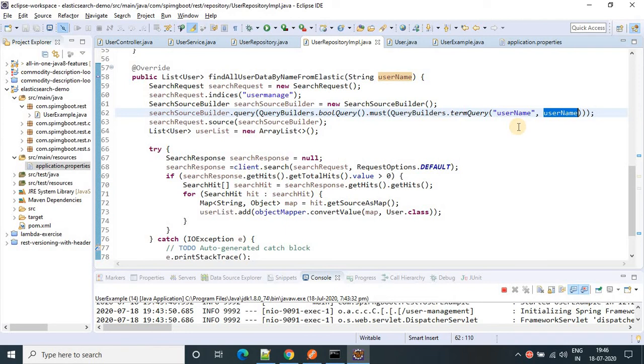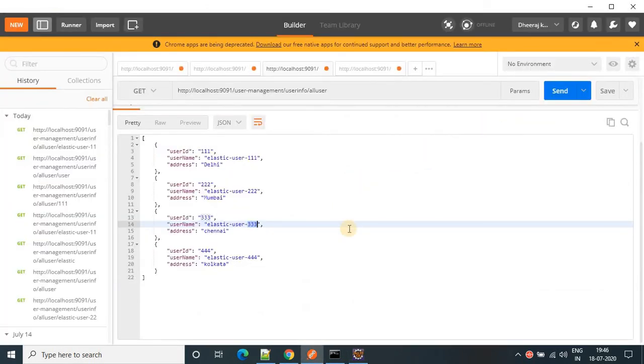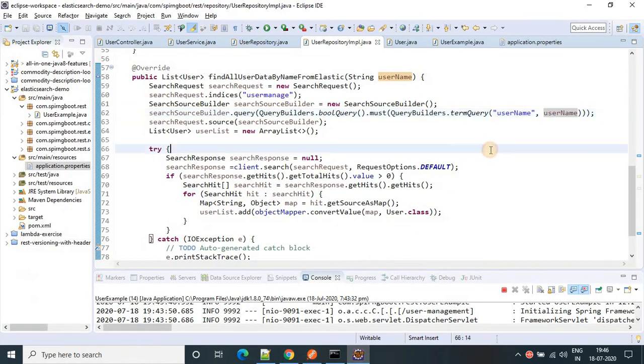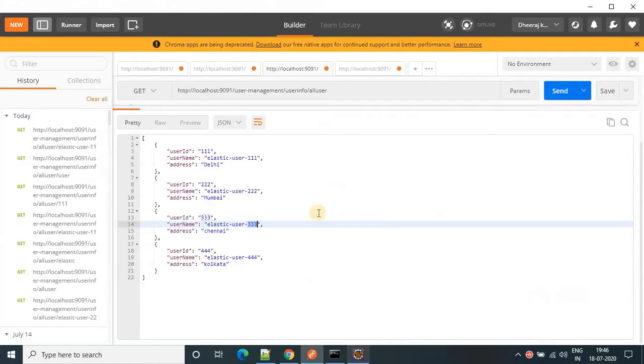So it's not doing the exact match of the sentence. It searches based on whichever first token is coming.